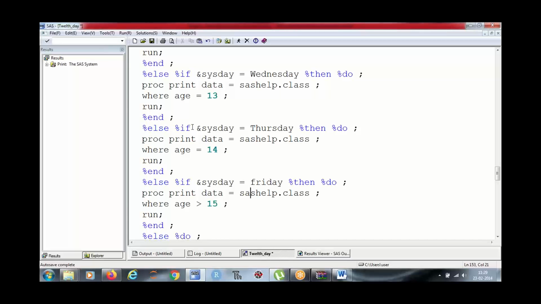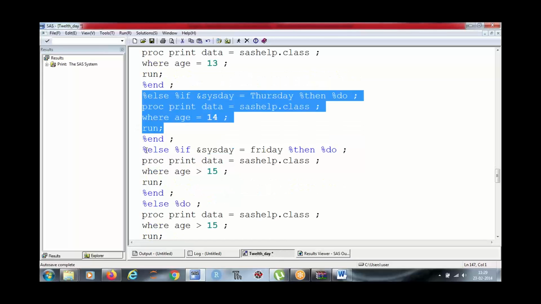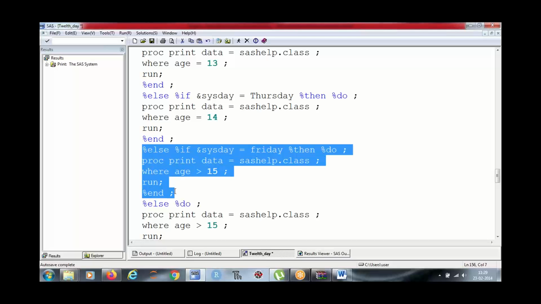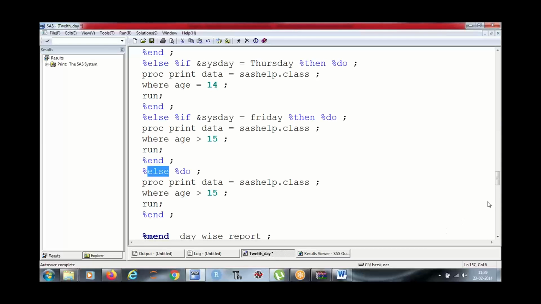So %else %if for Thursday, %else %if for Friday. And at the last, you will be using %else, because whenever we write a program with an if else-if block, we always close our block with %else or an else statement.